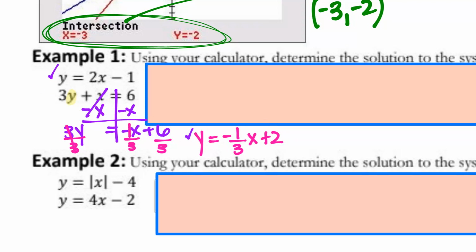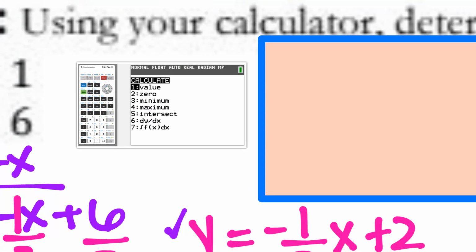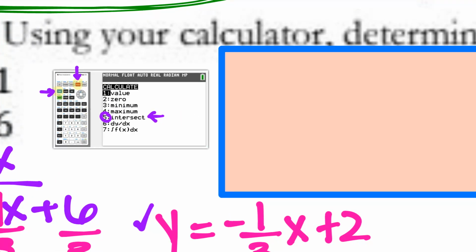You're going to go ahead and view the graph, and we're going to start the same way by going to second, calculate, which is the trace button, okay? Right there and right there. And we're going to select number 5 because we want to see where they intersect, where the solutions or solution